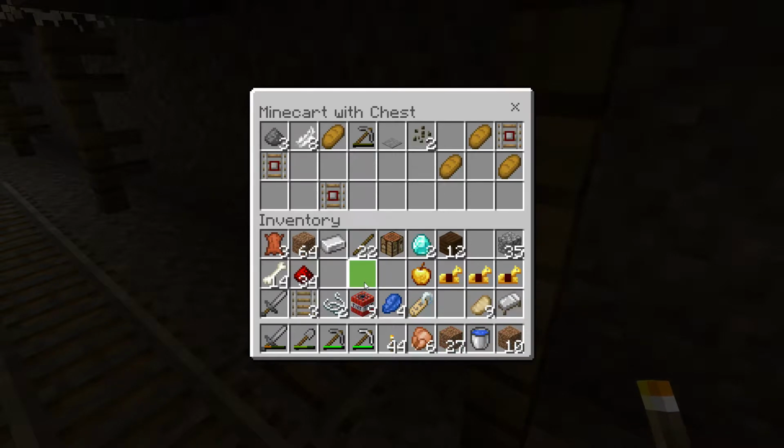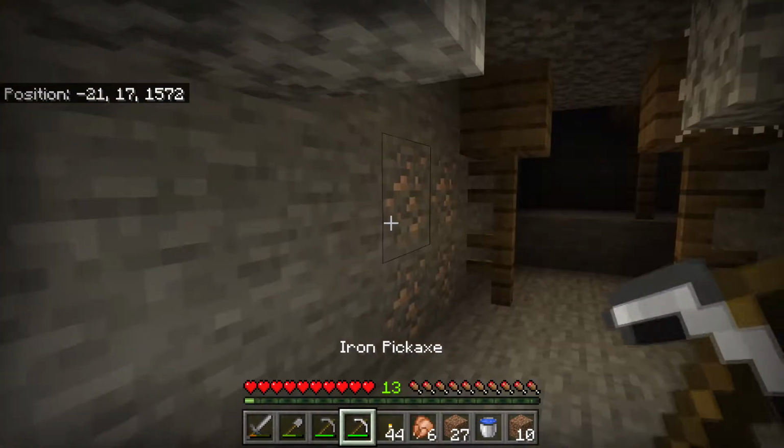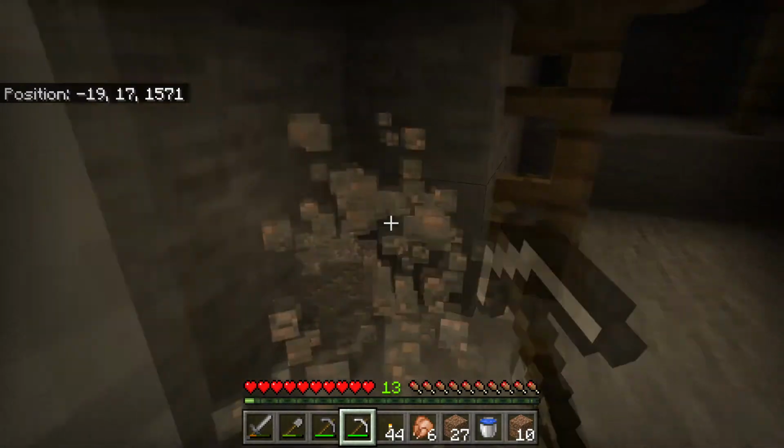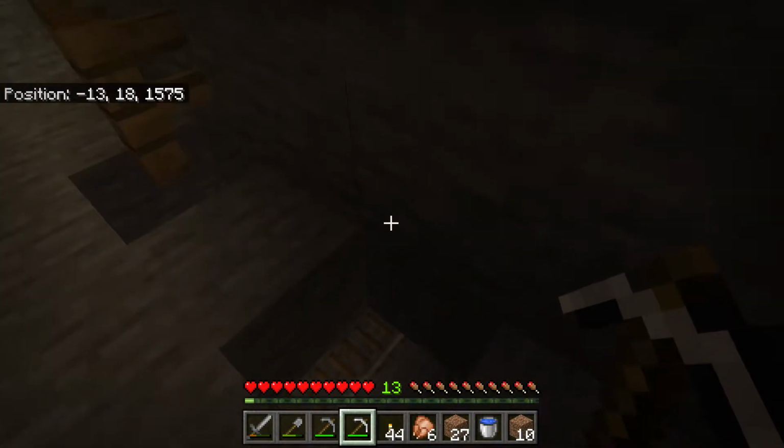Get rid of the melon seeds as well, so we don't need it, and we've got a full inventory already. So yeah, let's get this iron. Let's make sure that we can have room for it and have room for other things as well, because yes, we've got diamond, but we're not getting any gold yet, and I'm sure we're going to find some gold down